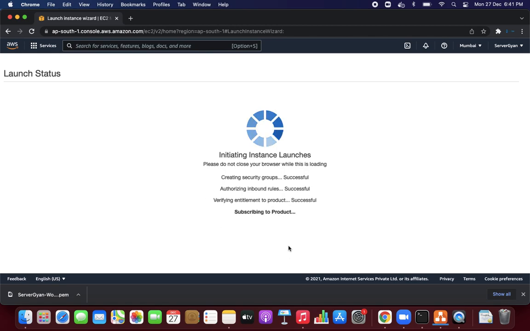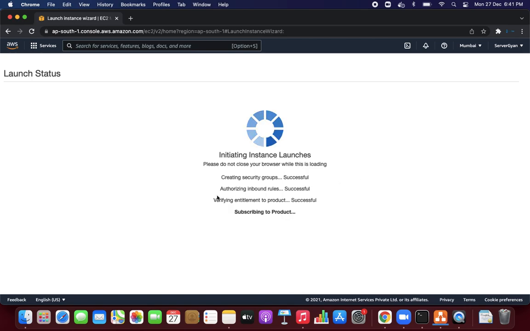Within a while, this particular instance will be ready. And definitely guys, after this screen goes away, we shall be able to see the WordPress screen. Within this screen, we are going to access it. Then in the coming session, I'm going to tell you how do we secure it, how do we place it behind a load balancer, how do we point it to GoDaddy, and if you need to change the DNS name, and also every single component, every single configuration file.